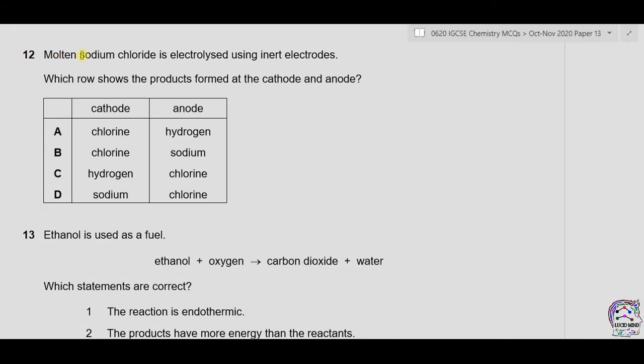Question 12. Molten sodium chloride is electrolyzed using inert electrodes. Which row shows the products formed at the cathode and anode? In molten sodium chloride, we just have two types of ions. One is Na+ and the second is Cl-. As Na+ is a cation, it moves towards the cathode and it will gain one electron to convert into